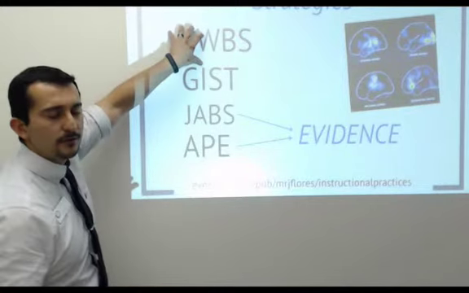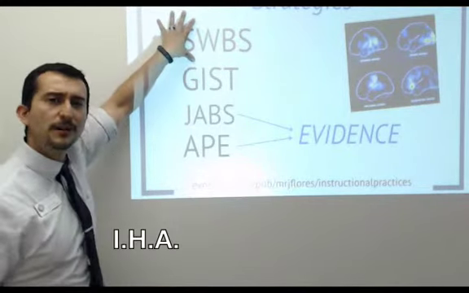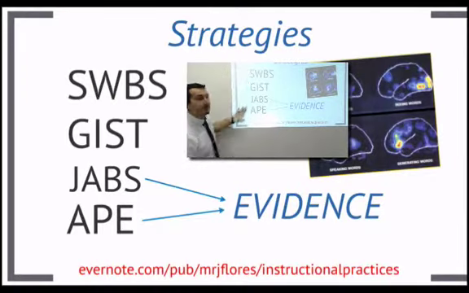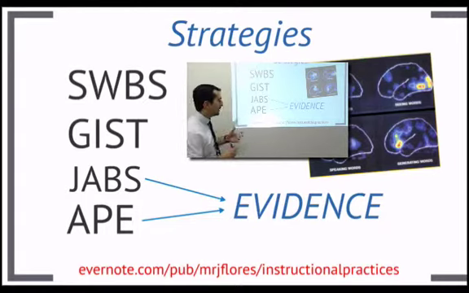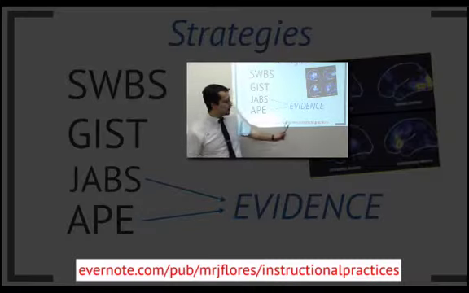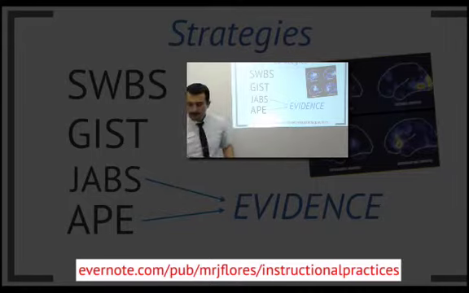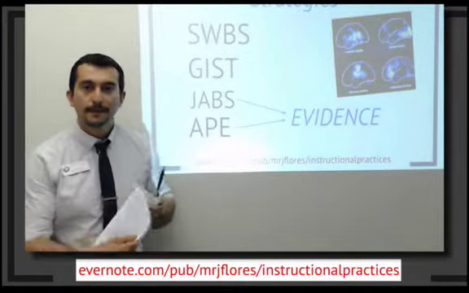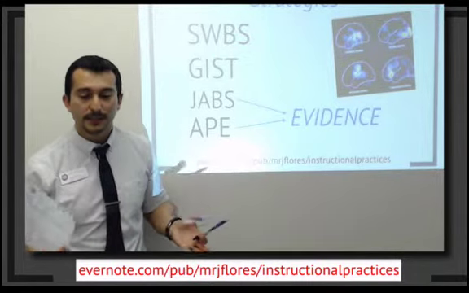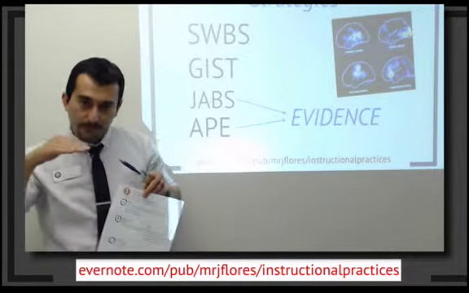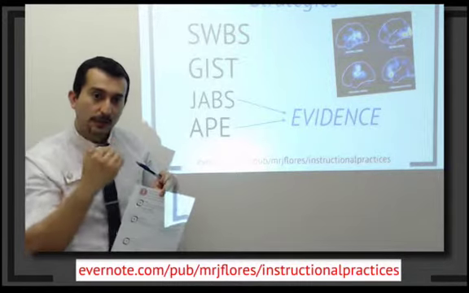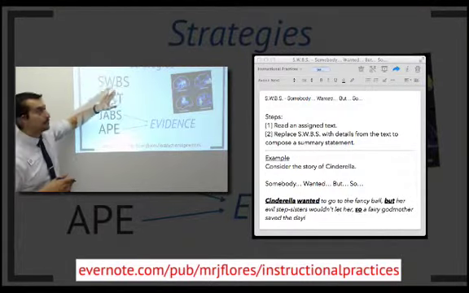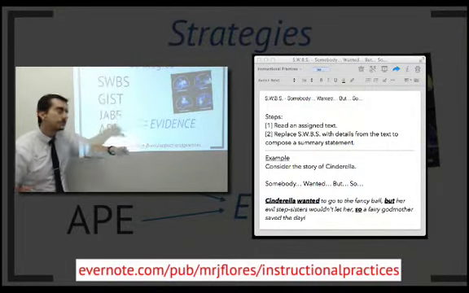They're acronyms, of course, because we're educators and we love acronyms for everything and have no problems keeping track of those. But if you're unfamiliar with these particular acronyms, I do have them detailed out in my Evernote notebook that you can access if you downloaded the handout on our ELA OK website. It's under materials. There's a link, that first link underneath it says Josh's Evernote Notebook of Instructional Practices or something along those lines. SWBS stands for Somebody Wanted But So, great for fiction.